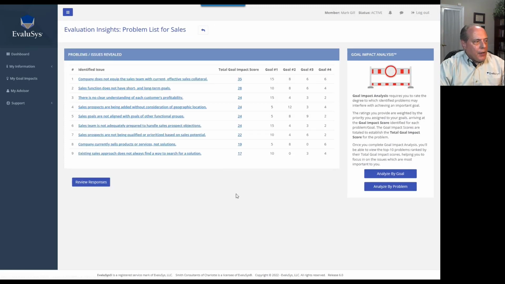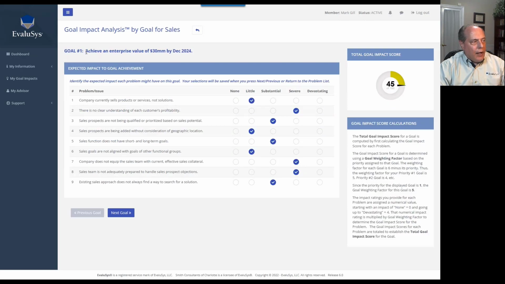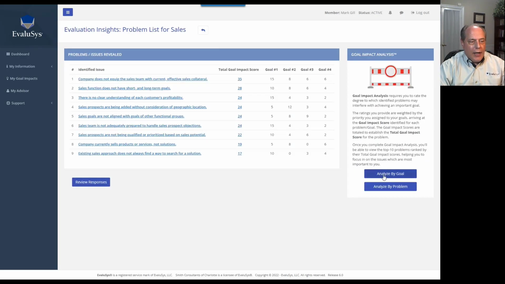We go back to this screen and analyze by goal. It's much the same process, but you're going to have their goal number one, and then you're going to have all the problems in this evaluation, and you can attack them at one time. My head seems to work better using the goal impact by goal approach, but some people might like it either way. Again, you could direct them to choose whether to analyze by goal or analyze by problem. It's still going to get them to the same complete list of goal impacts, and the goal impact scores are going to be calculated